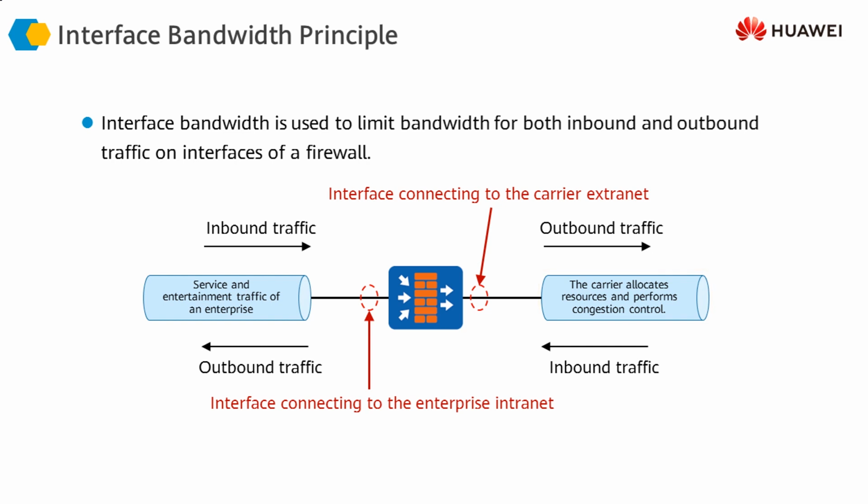This is just to make sure that when the traffic is coming out of this interface, we do not overuse the bandwidth that is available from the service provider, and we can limit the usage of the bandwidth available on this interface by the traffic that is coming in or going out of the firewall. This is how we intelligently play with the bandwidth that is available on the interface, and instead of allowing traffic to use all the physical bandwidth, we only allow the traffic to use the bandwidth that is actually available from the service provider. This is the concept of interface bandwidth principle.